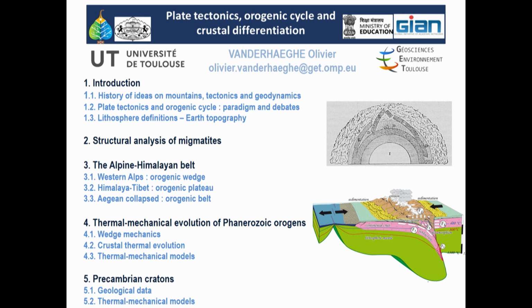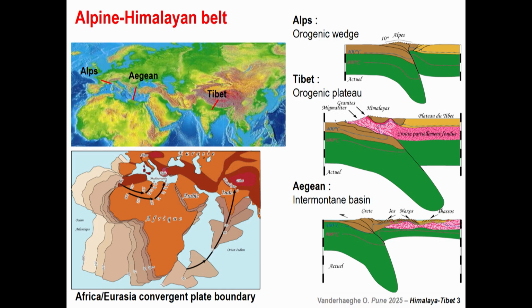So now, after our first step through the Alpine Himalayan belt across the Western Alps, construction of the orogenic wedge, now we're going to move to Himalaya Tibet, which will illustrate construction of an orogenic plateau. So if I summarize,